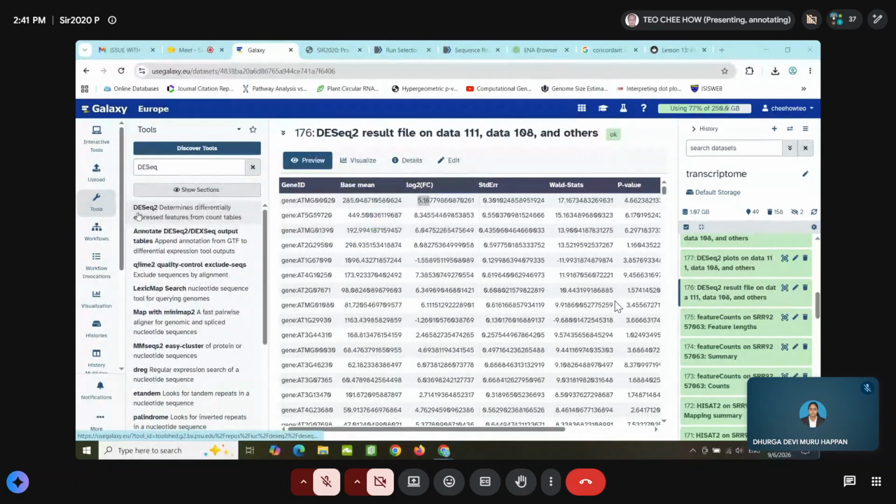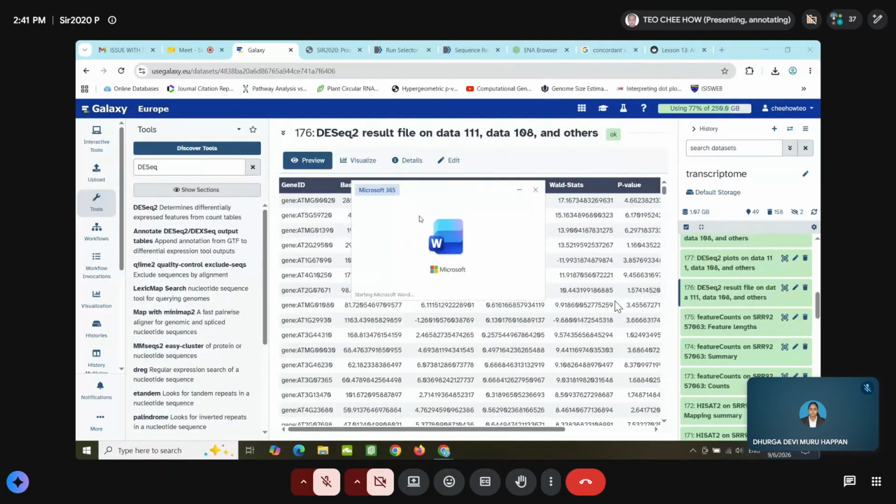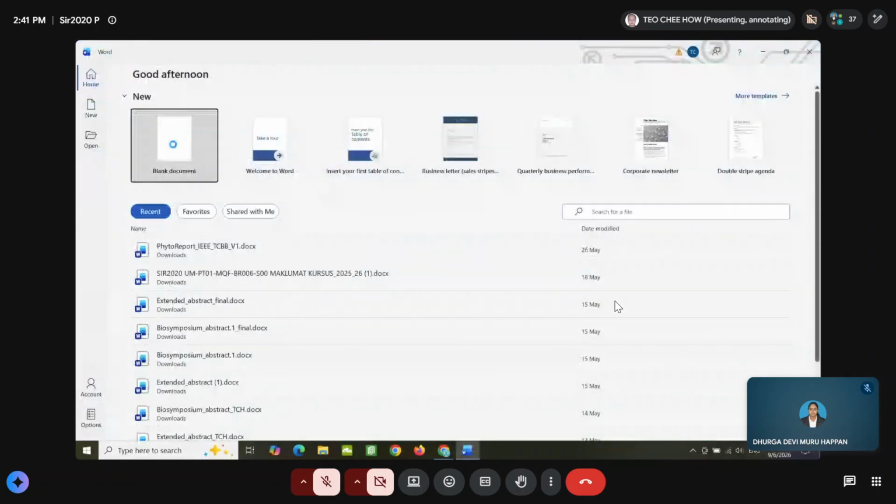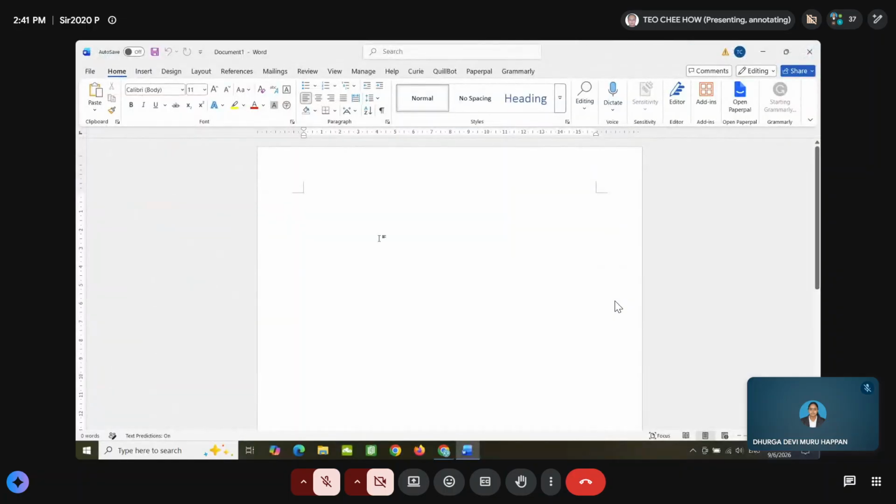Let me open the file. When you have log 2 FC, let's say of 5 point something, right?